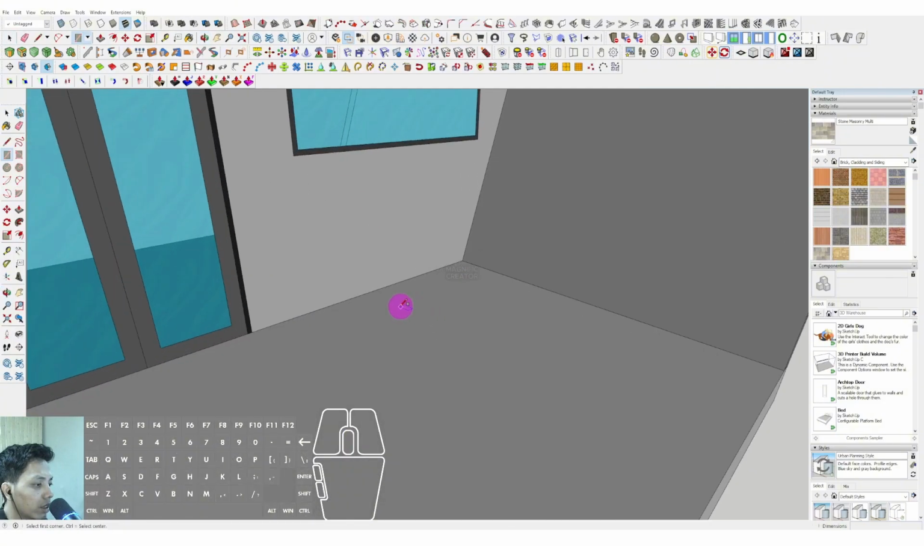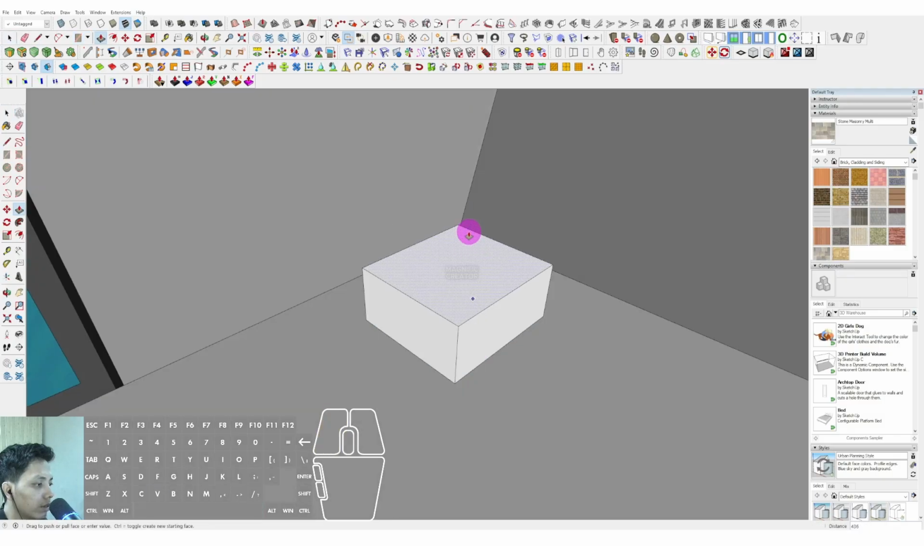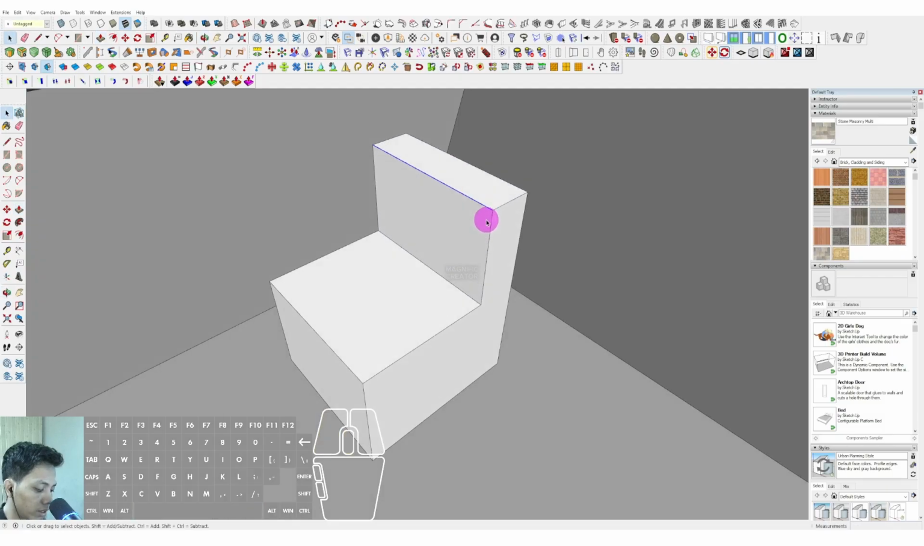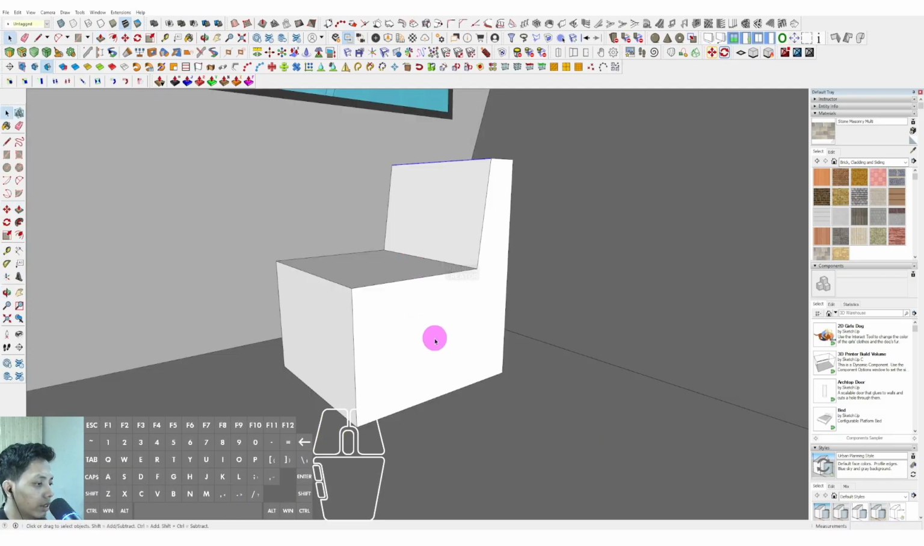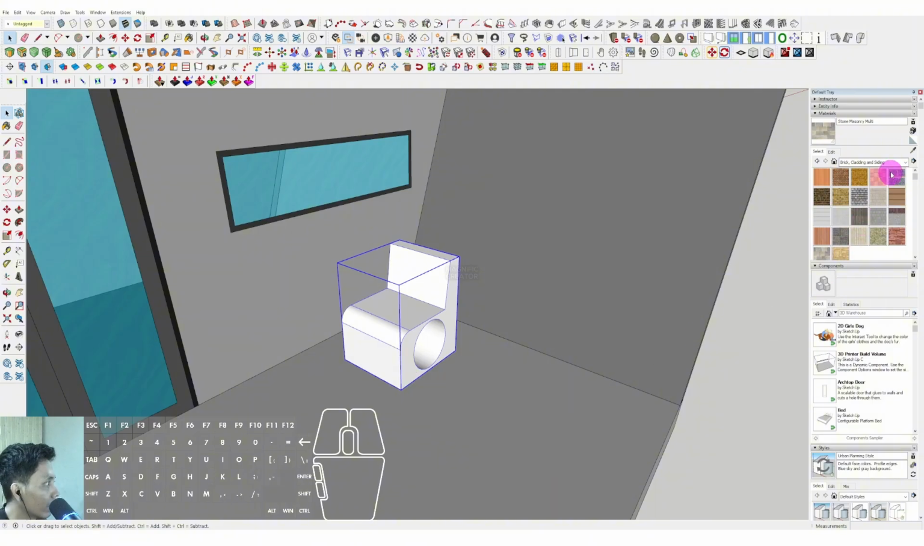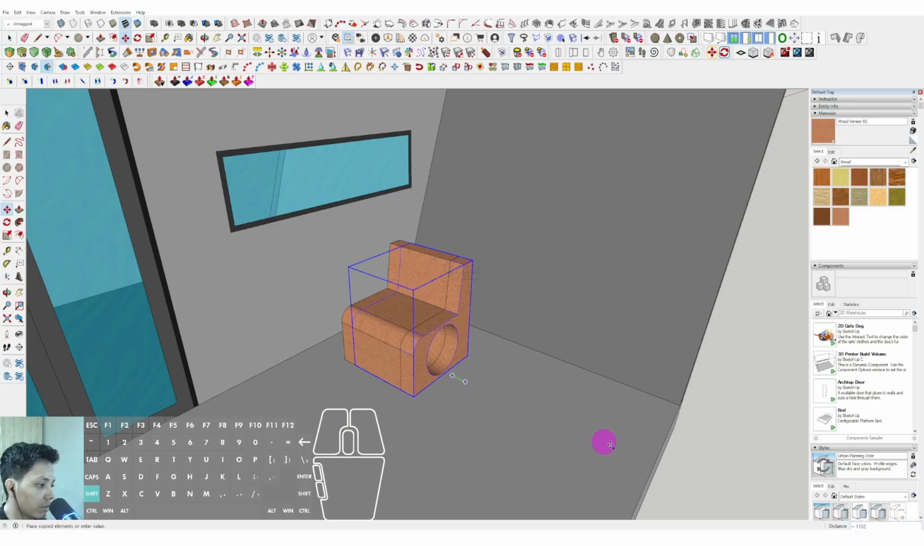Okay, and after that, now we can make a simple chair area in here. We can push it up, type 500 millimeter, and click select move, tab control, and push it up a little bit in here. Okay, we can make the circle in here. Okay, we can make the curve. Okay, make group. Okay, and then now we can select the wood materials in here, and we can select move,